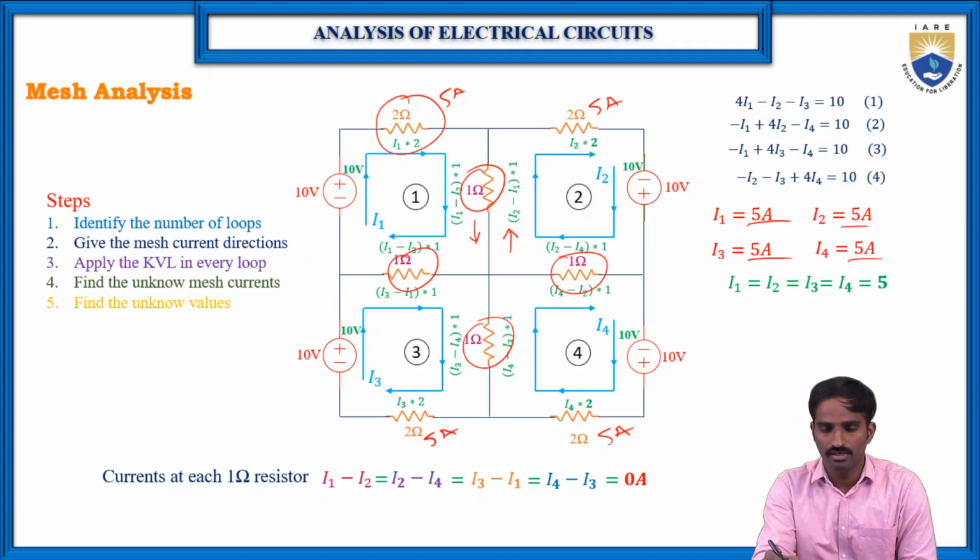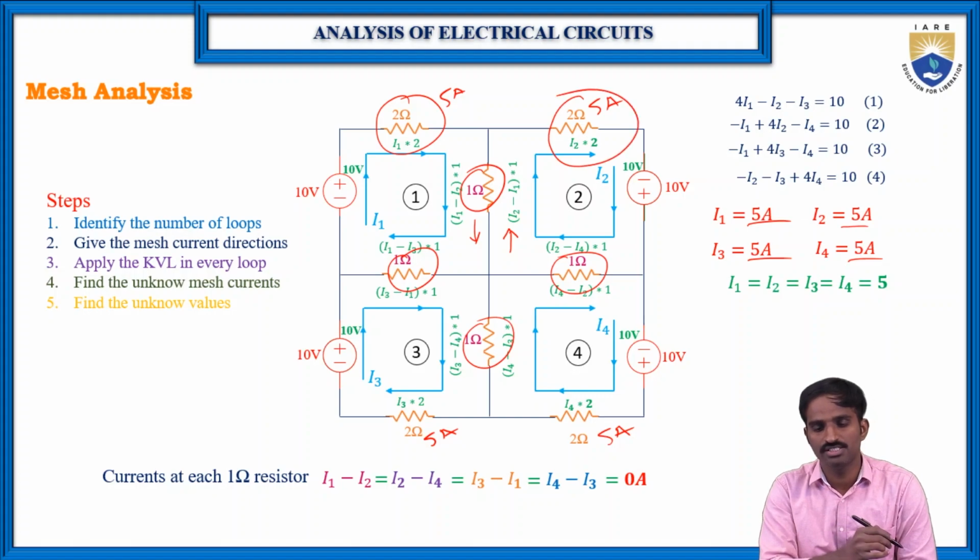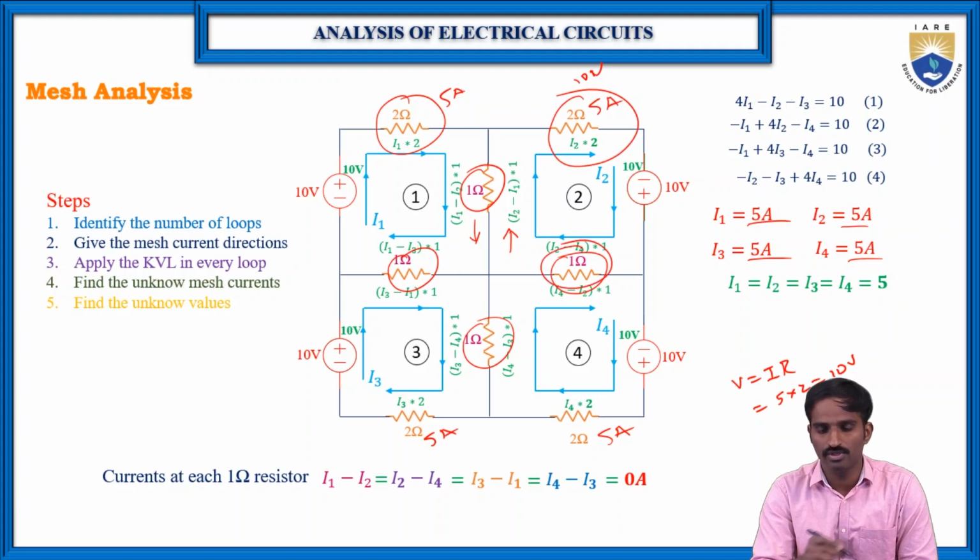Suppose you want to find the voltage across this 2 ohm resistor. Here V is equal to I into R. Here I is I2, equal to 5, into 2, which is 10 volts. Then the voltage across the 2 ohm resistor is 10 volts. Like this we can find. Or if you want to find the voltage across this 1 ohm,